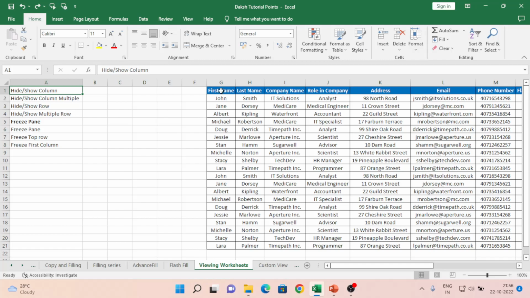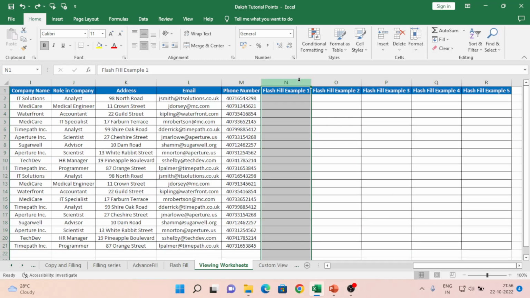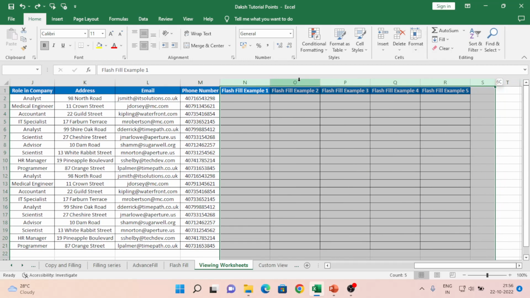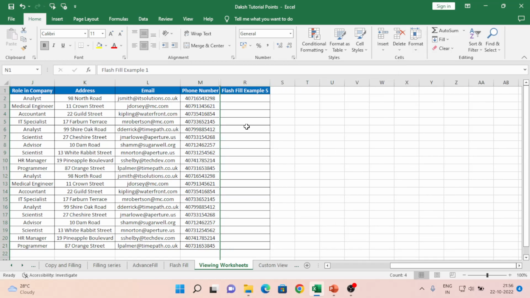So I have this table here, and I don't want this to be visible as of now. I need this, but as of now I don't want it. So what I can do is select all the columns I don't want, from N to Q. I'll keep my cursor on any of the headers, right click, and from there we will get Hide. Once I click, if you observe,